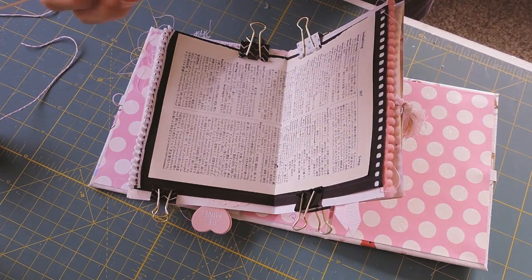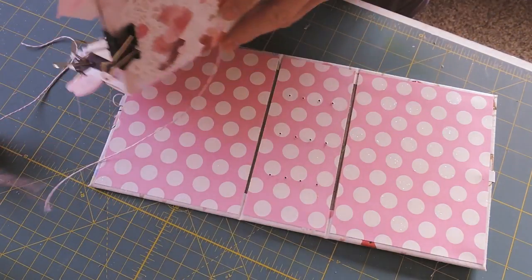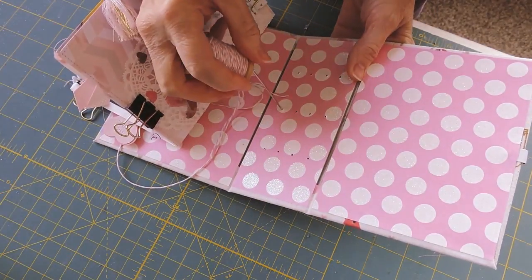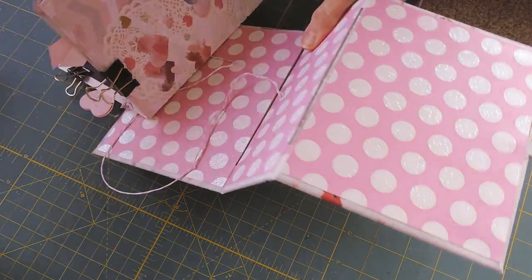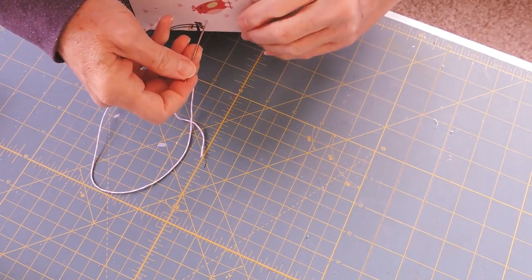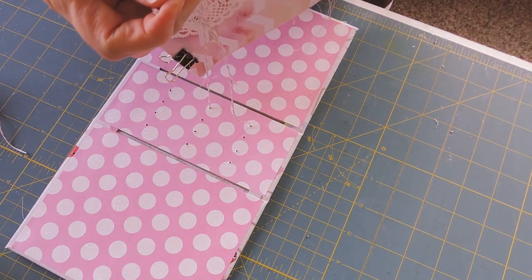Okay, I'm going to go through the middle hole, and leave a bit of a tail, and then go through the middle hole on the end signature. This is going to be really hard, I'm thinking, because it's kind of a tight hole and I'm using a really big needle. There we go. And then I'm going to tuck my signature in, go through the bottom, go back through the bottom hole, then, oh goodness, that's tight. Then go through the bottom hole in my signature,